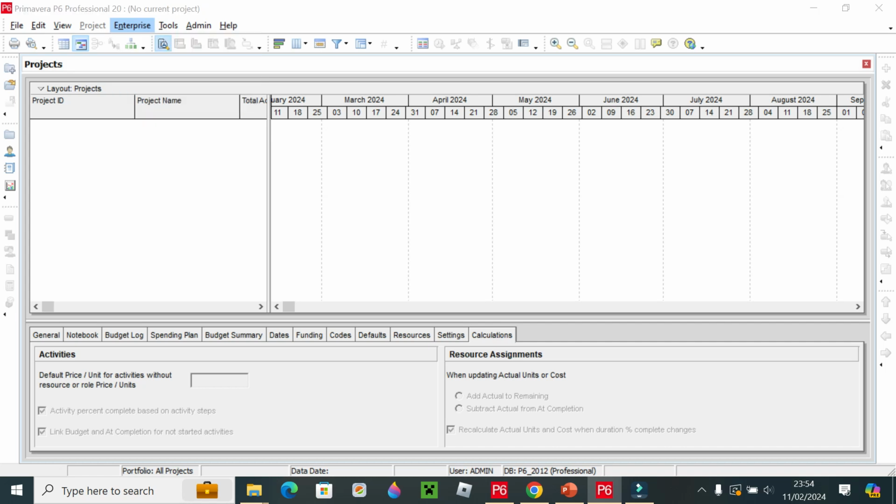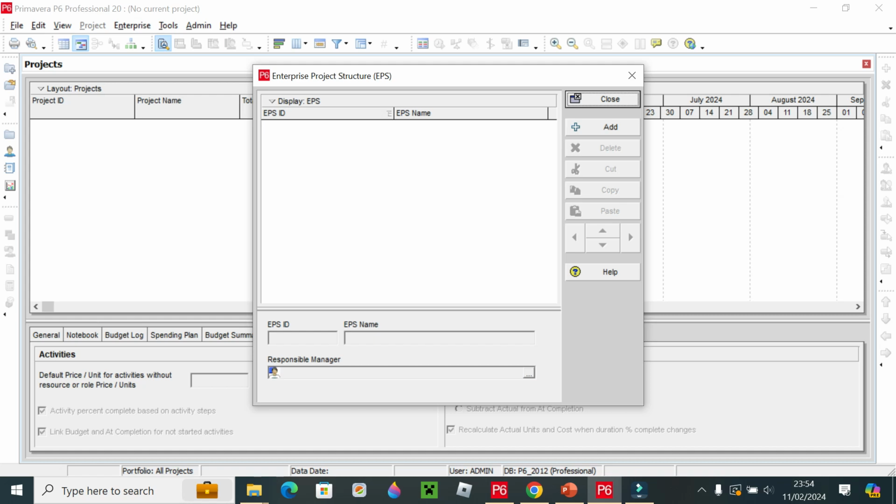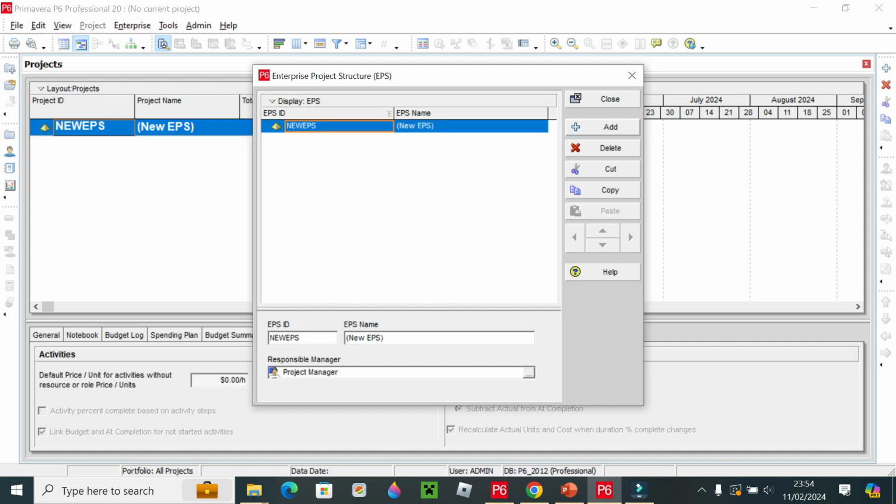So first of all we will click on this, and you can see a small screen appear. Now we have to add, because we have to create, so we will click on Add. After adding, Primavera has created an EPS by default, but it's our option: we can use this EPS or create one with our own names. So, we have a project, so I will create the ID A1, and I will name it